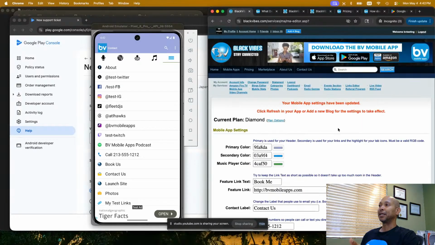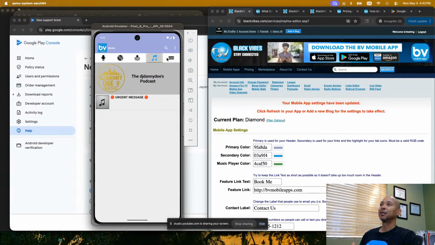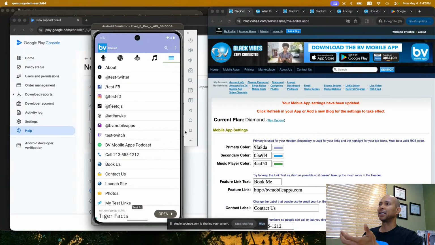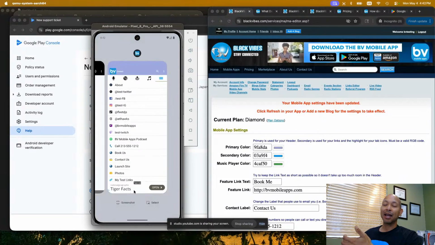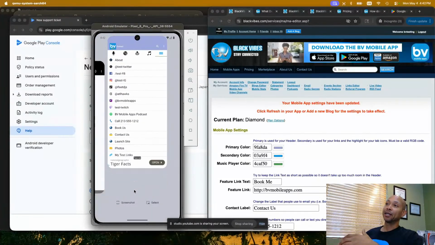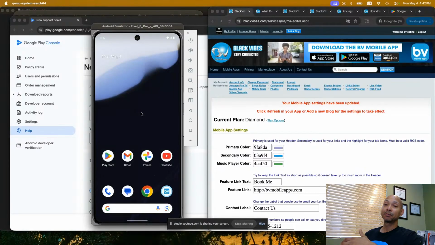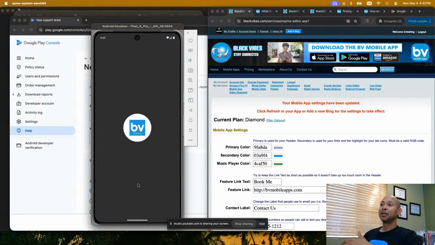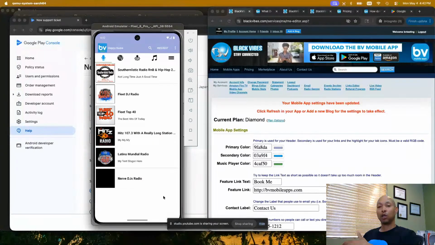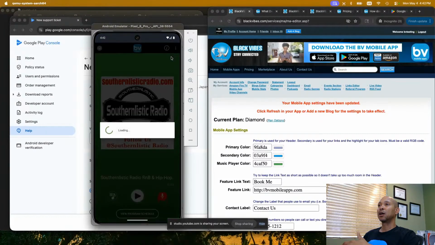I click update. Now you'll get the message that says your settings have been updated, but I don't see that change in there. So I'm wondering, when is it going to change? Well, you have to exit out of the app completely. On Android and Google, that means swiping up and exiting out of that app. Now, when I open it up, it's going to load the settings. And when I come in there,